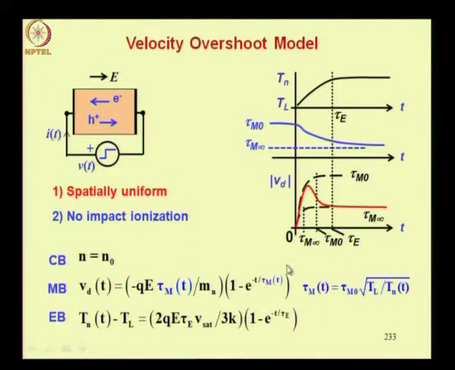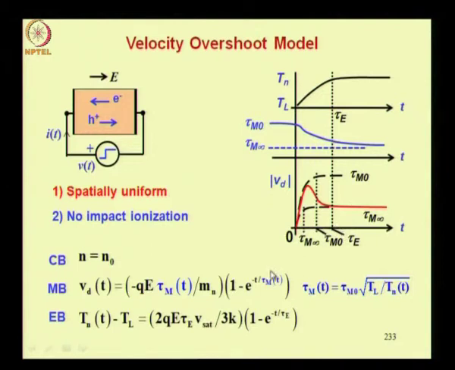And how does it give you the overshoot? That is represented here. So your tau m varies, it decreases from a high value to a low value. The two values are tau m 0 and tau m infinity. So the exponential solutions for two extremes, assuming constant tau m, are given here, this tau m 0 and this tau m infinity. So evidently when you put the tau m to be time varying between these two limits in this equation, your curve is going to follow the curve for tau m 0 up to a point, and then it will drop and then come to tau m infinity.